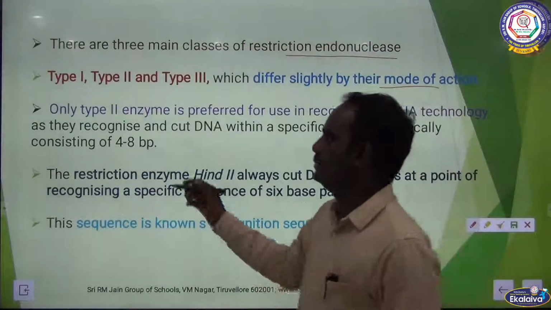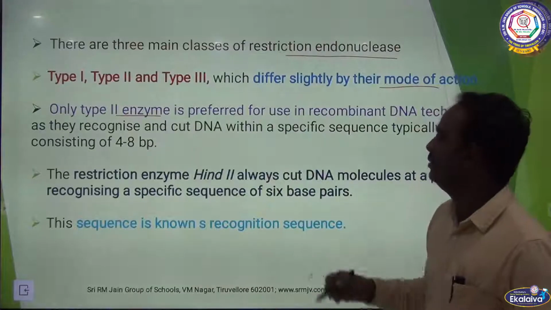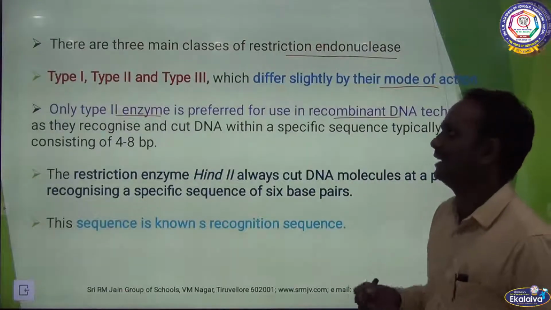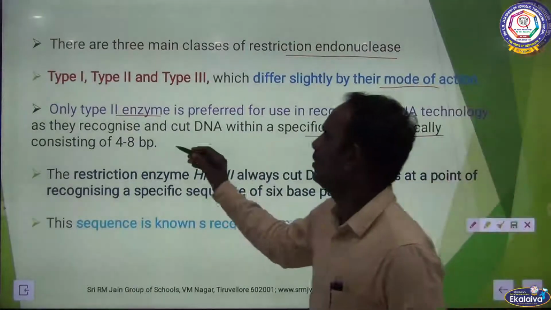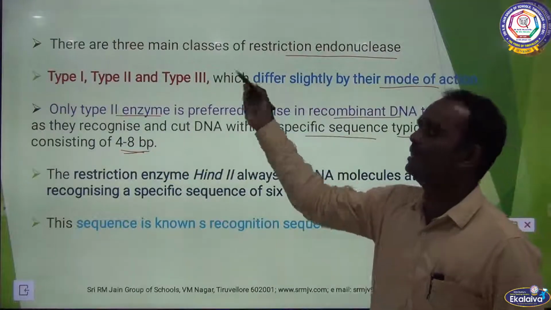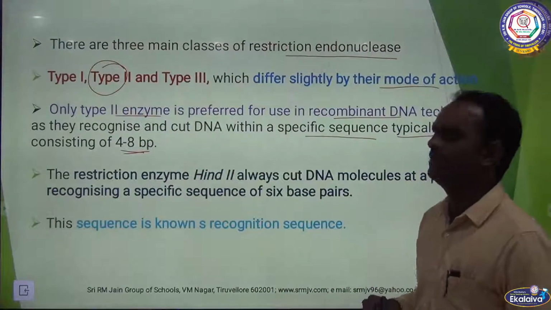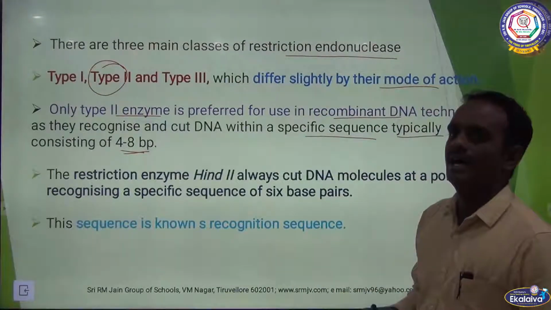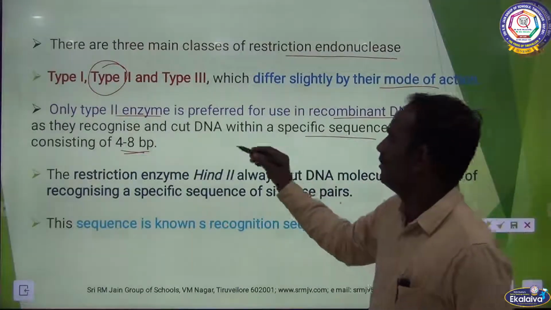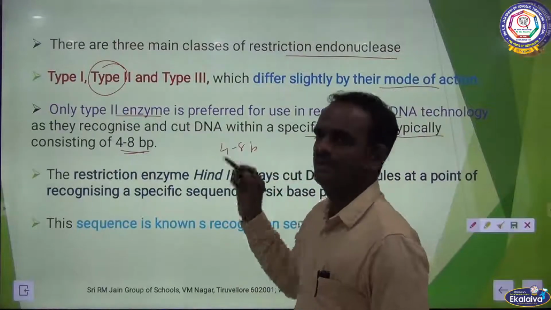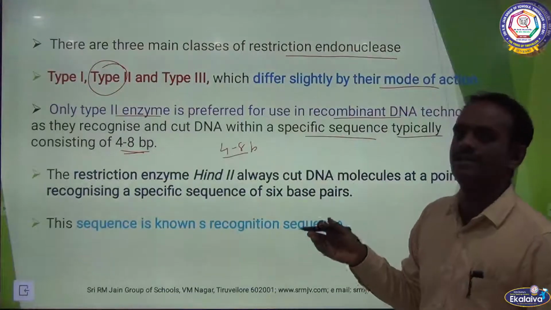Among the three, the type 2 restriction endonuclease enzyme is preferred for use in rDNA technology, as it recognizes and cuts DNA within a specific sequence, typically consisting of 4 to 8 base pairs. So among the three, type 2 is very important. This particular enzyme recognizes the sequence of 4 to 8 base pairs and cuts the DNA into small